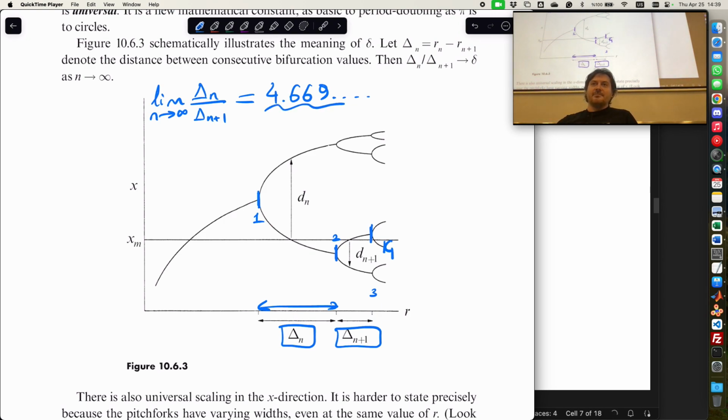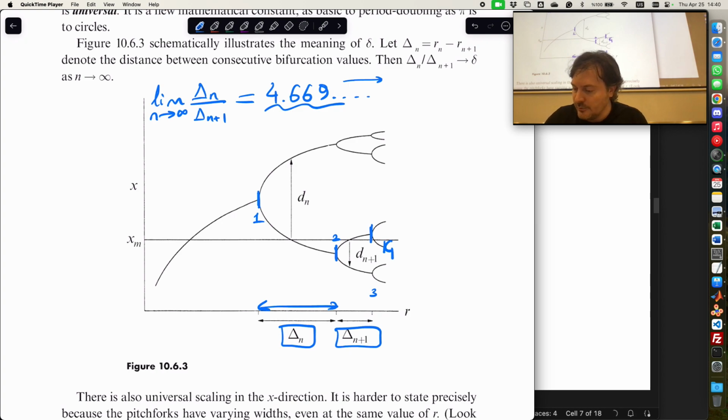Okay, magic. Let me remind you, we started with a simple function, lambda x (1 minus x). Then we saw bifurcations, we were surprised. Now we are seeing that there is some geometry hidden in those bifurcations. And this number has nothing to do with e, pi, or any mathematical constant that we know. It's another mathematical constant. It's a mathematical constant of chaos. Okay? Why is it a mathematical constant? Because, as you will see in your homework